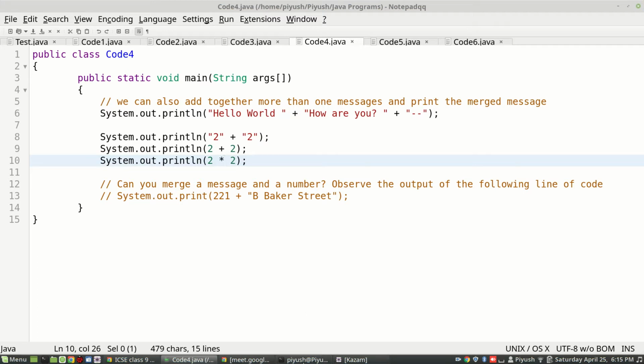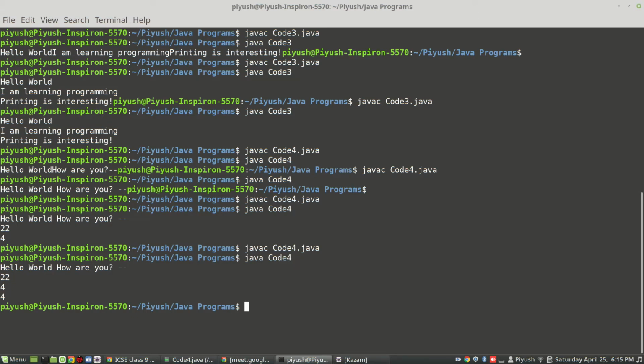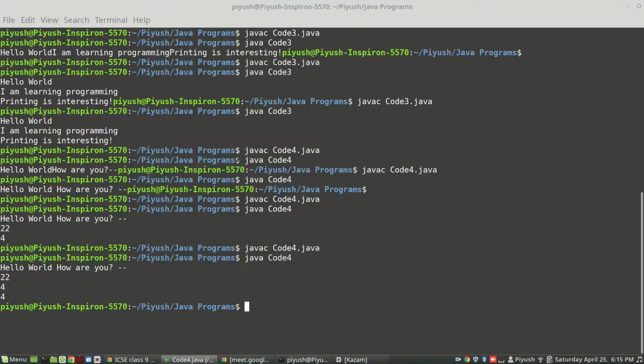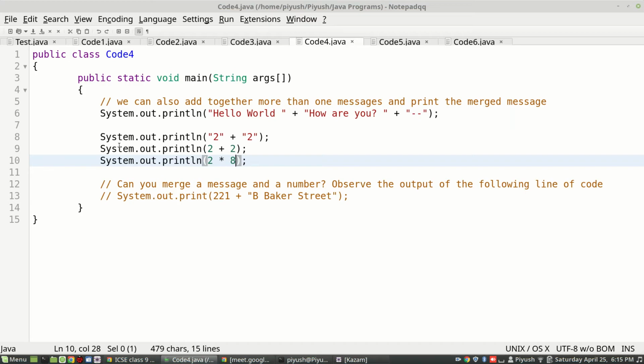Good. So now you can see 4, because it was evident. Let's make it 8. You can see 16 came. Fine. So you got the concept.